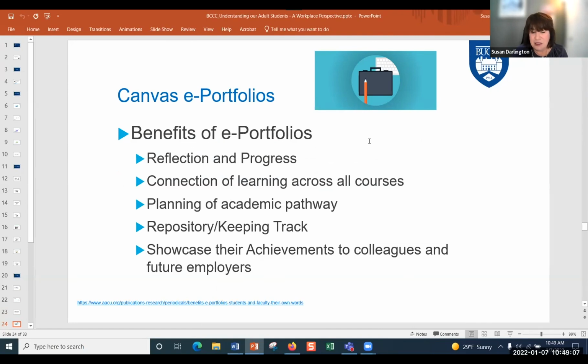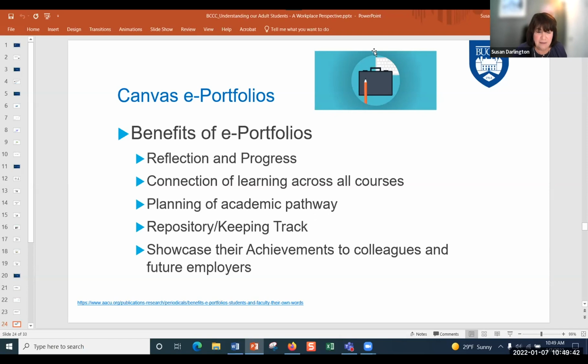And in its simplest form, it's really a repository to keep track of everything that you're doing. And I think most importantly, ePortfolios are a way to showcase their achievements to colleagues and future employers. In fact, there are some certification programs, like instructional design, where you have to have an ePortfolio to be considered for the job. So let me demonstrate how ePortfolios can be created in Canvas.